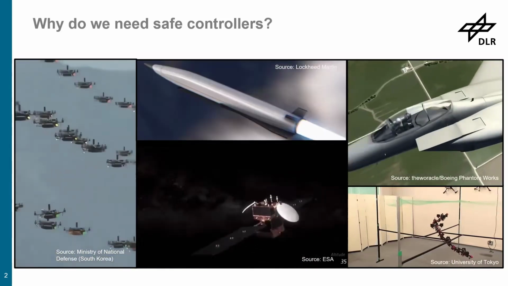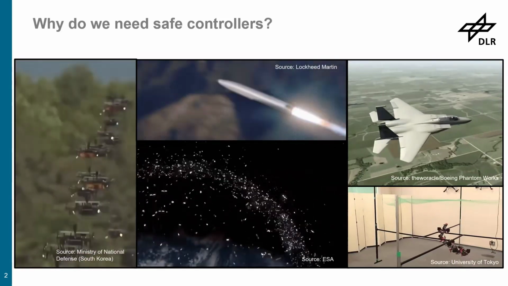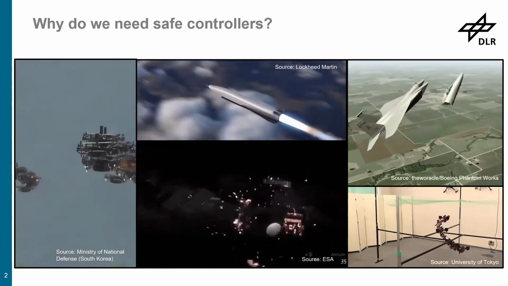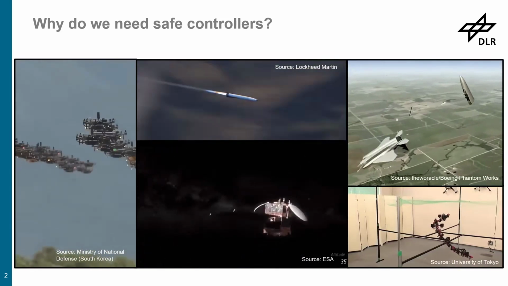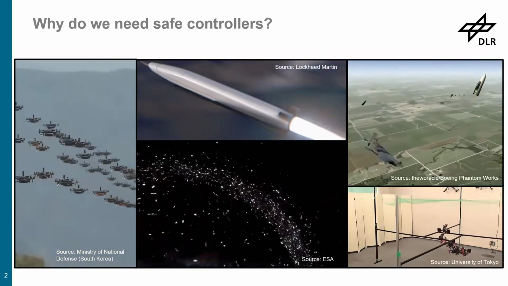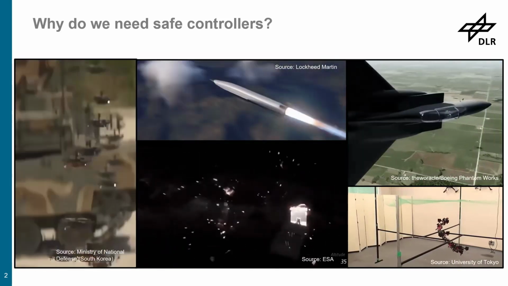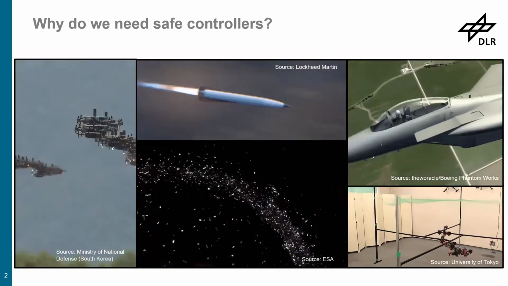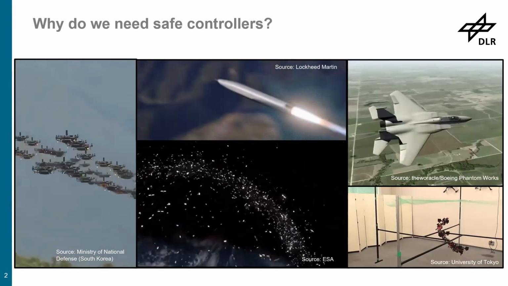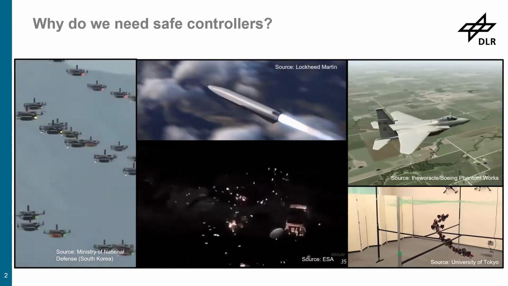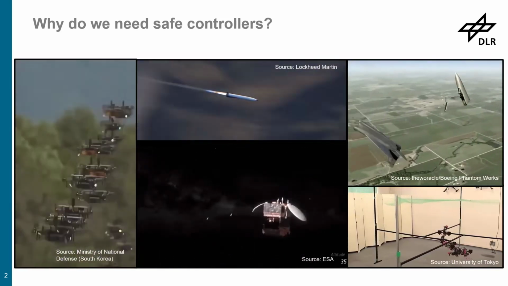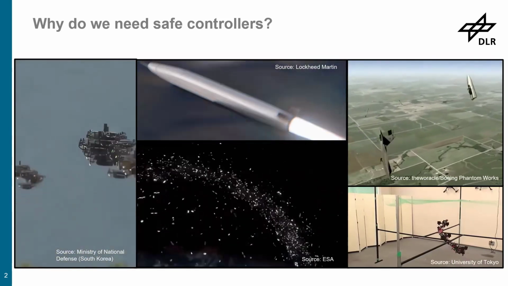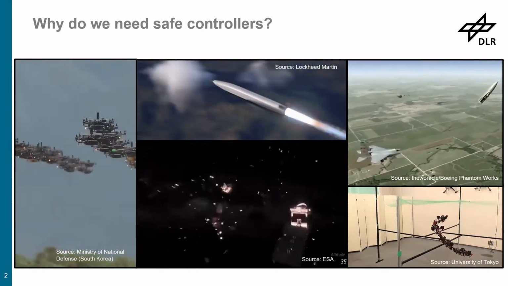But you have other examples as well. You have here a hypersonic system. It's a scramjet, and those scramjets are very sensitive towards angle of attack magnitudes. So what you need to ensure is that the system will stay in a certain angle of attack band. Otherwise, you will have the problem of inlet unstart. So this is also a nice example.